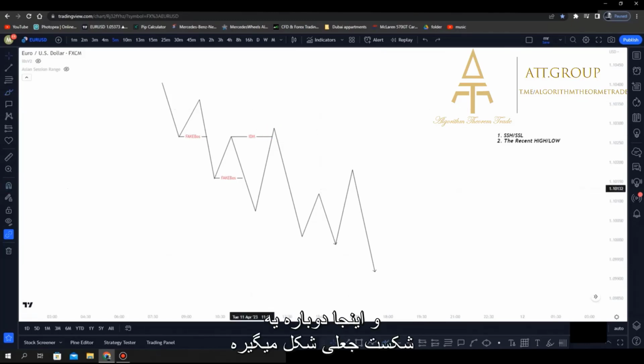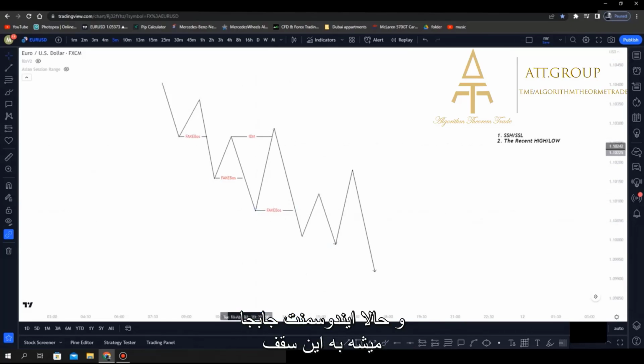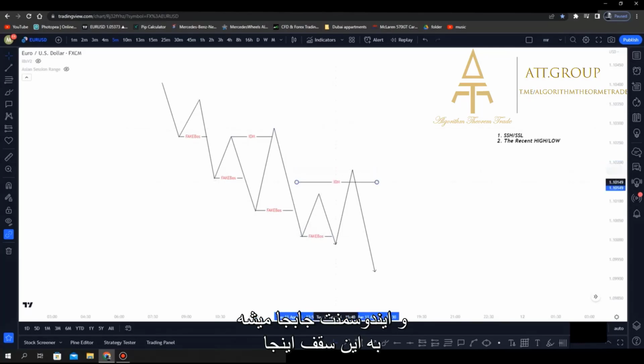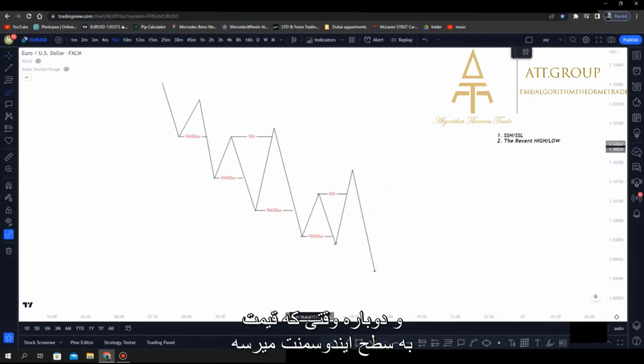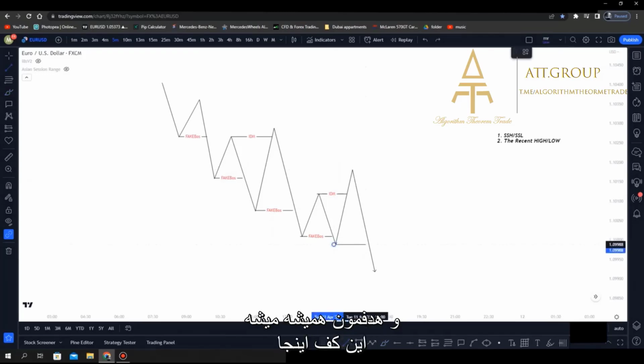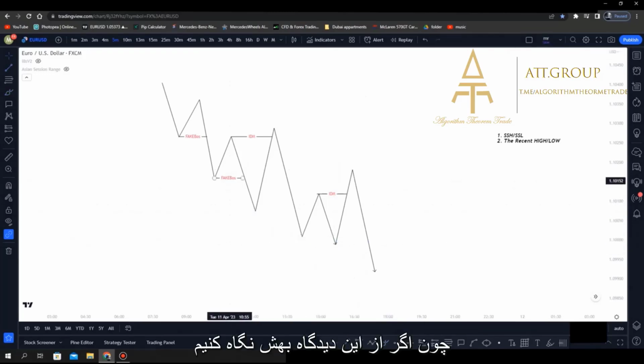And again, we got another fake BOS. The inducement now moves to this high, and another fake BOS. So the inducement moves from this high to this high right here. And again, after sweep of the inducement, we can look for sells right here with our entry model, and target would be always this low, because if we look at it from this point of view,